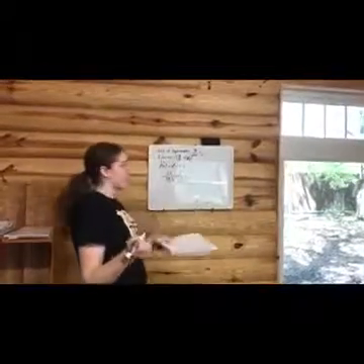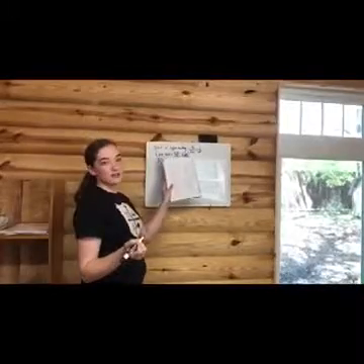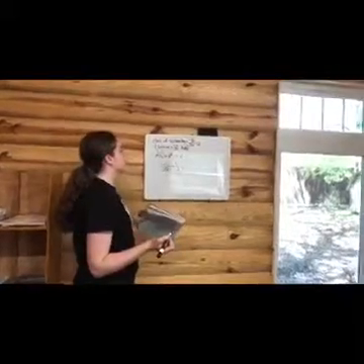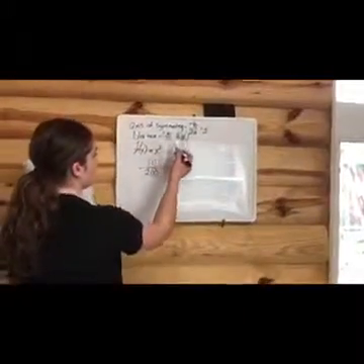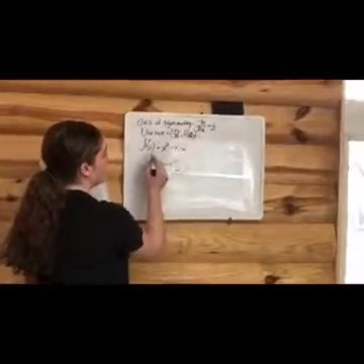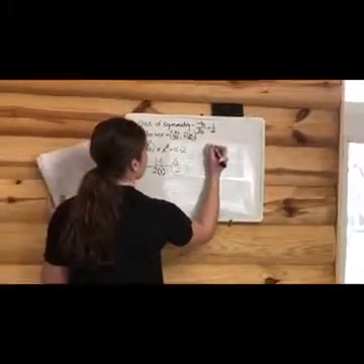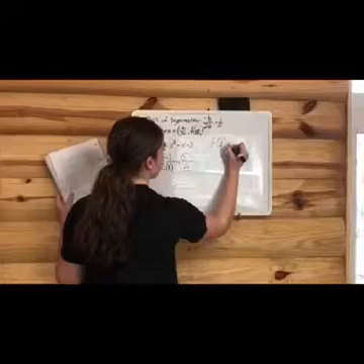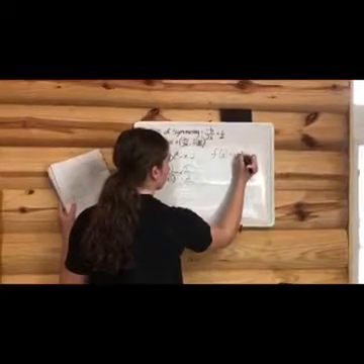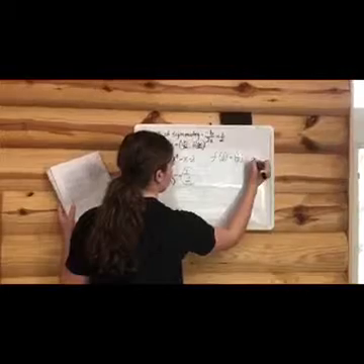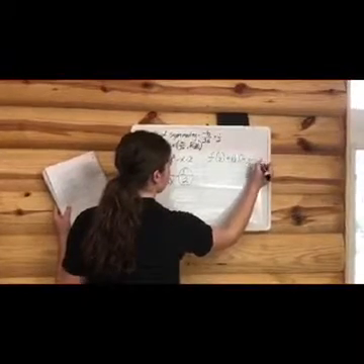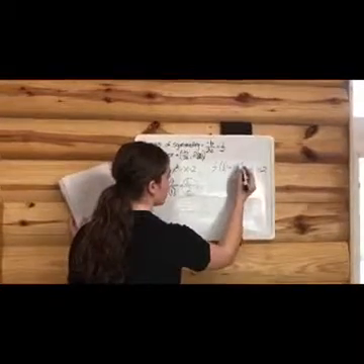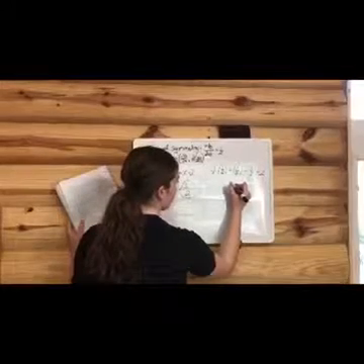Then the next thing we have to find is the vertex. So the vertex is based off of the same negative b over 2a formula, and then you take the function of negative b over 2a. So the negative b over 2a, we already found that, is 1/2. Then we're going to take the function of that based off of this function. So you're going to substitute in 1/2 for x. And then solve. So you're going to square the first term, so you'll square both parts, which will be 1/4